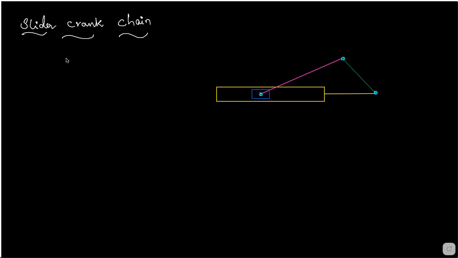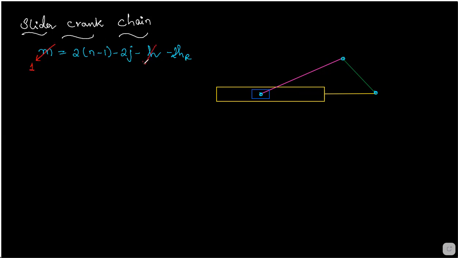So this is a type of chain where, in the previous case, we have seen from this formula a condition. The condition was that mobility is equal to 2 into n minus 1 minus 2j minus the higher pairs, and minus 2 times the higher pairs in pure rolling action. Then we said that we are getting into a class of mechanisms where the mobility should be equal to 1. This is a rule which we are making.